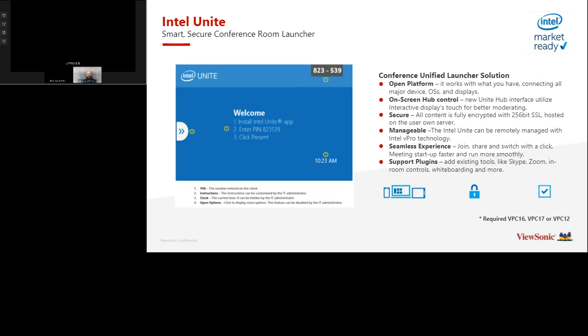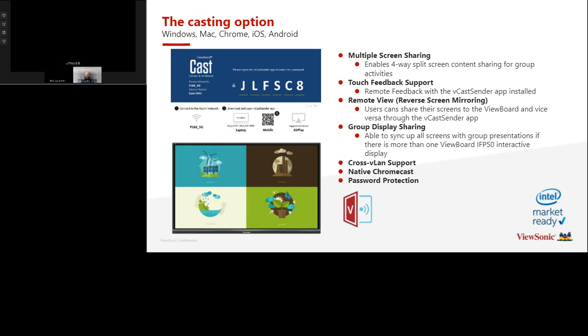So if it's Unite or if it's a MyViewboard side of the house, you can leverage this as a non-touch alternative for your classrooms or your huddle spaces. Wherever you need to separate or find distance, say social distancing, with anyone in the office, the classroom, the auditorium, or wherever they are right now. You have the ability to impact that across the board, no pun intended. And you can have that casting option from either the ViewSonic side, the vCast side, and our MyViewboard, or traditionally through the Intel Unite side.